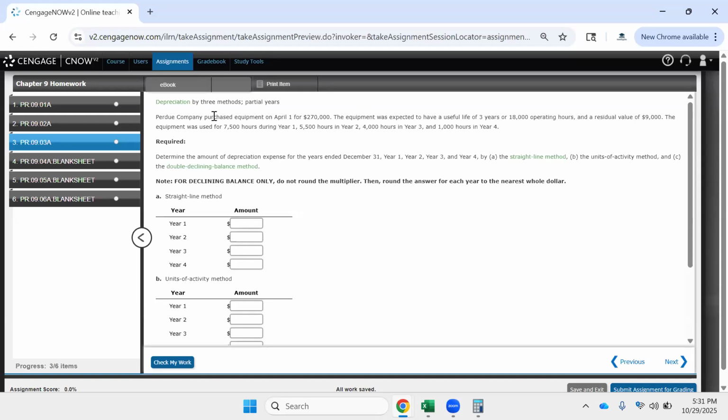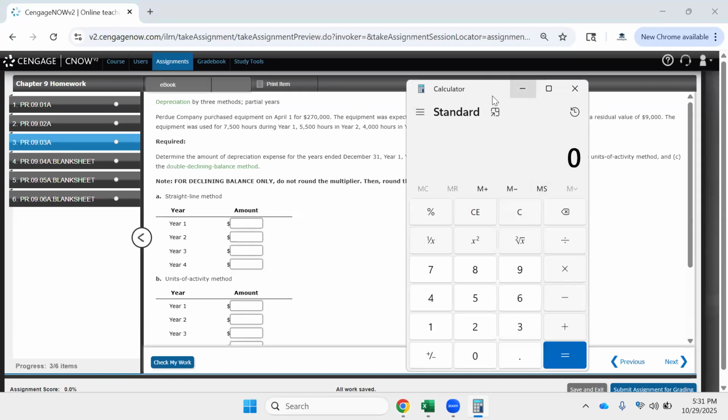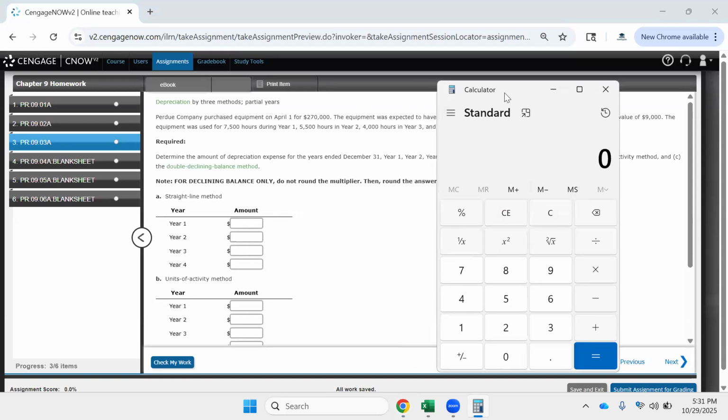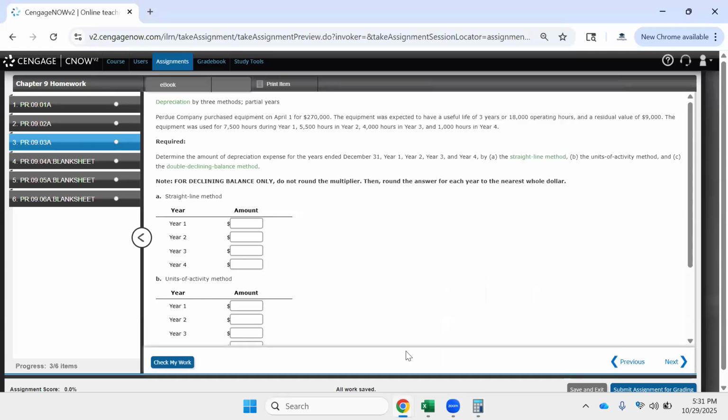Because they give us that the equipment was purchased on April 1st, the first year of depreciation is going to be a partial year. So January, February, March, no depreciation. So first, under straight line depreciation,